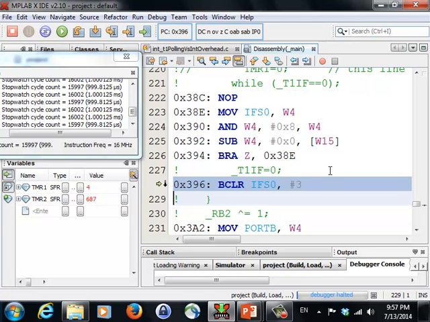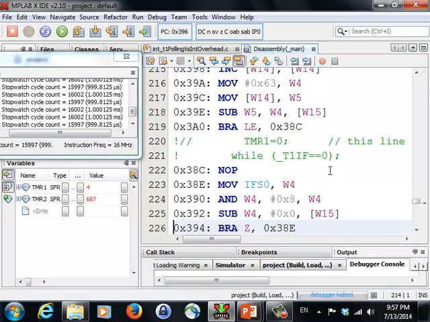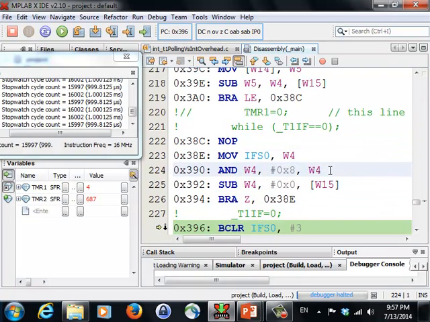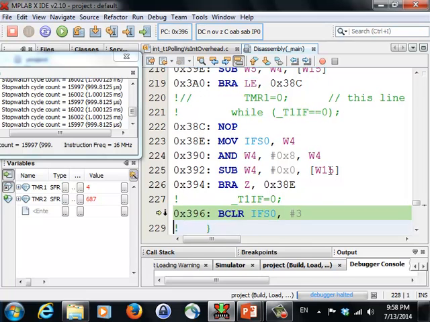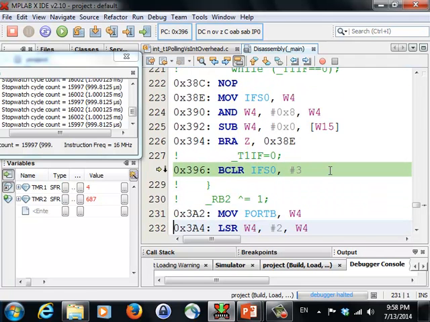Then do a single step, and note that if you do, you're going to realize that my timer 1 became 0 at this step, but then it becomes 1, 2, 3, goes back to 4, 5, 6, 7, and it's going to break out of the loop and come here, right? So this would tell you that this time I had a lag of 8 to catch it. But then continue with the next iteration of the count loop, and you're going to see that 8 becomes 9, and then you branch